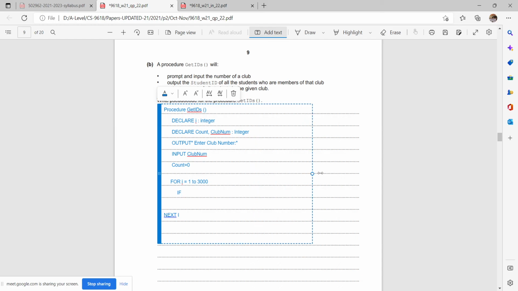If membership I dot club underscore 1 is equal to, what we have just entered, club num, or if membership I dot club underscore 2 is equal to club num,